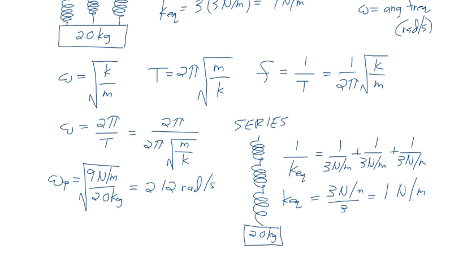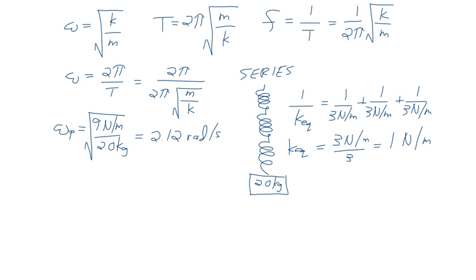If I do the angular frequency for the series, that's going to be 1 newton per meter divided by 2 kilograms. So this should be 1/3 of what the other one was. The reason I know it's 1/3 is because that's 9 times bigger than that, and it's under a square root. So if I take the 9 outside, this number is 3 times bigger than that one. And so the answer for this one comes out to be 0.71